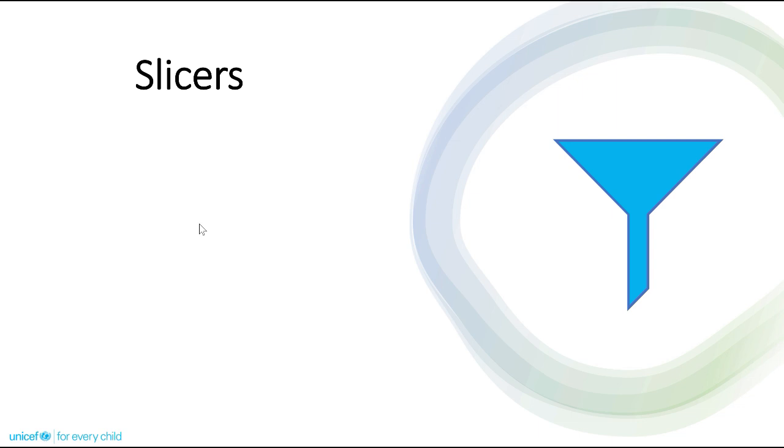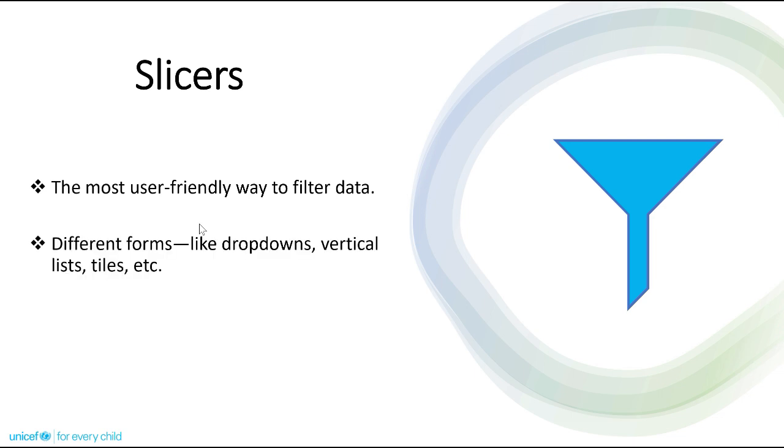The second method is through slicers, which you see on all main pages of a Standby Partner dashboard. Slicers are the most user-friendly way to filter data on any dashboard. They come in different forms like drop-downs, vertical lists, tiles, and more. Their main advantage is simplicity. With just a few clicks, users can filter the entire dashboard based on criteria like country, year, or partner without needing any technical knowledge. They are intuitive, easy to use, and provide quick access to the exact slice of data